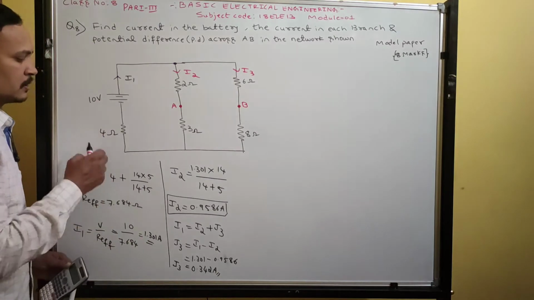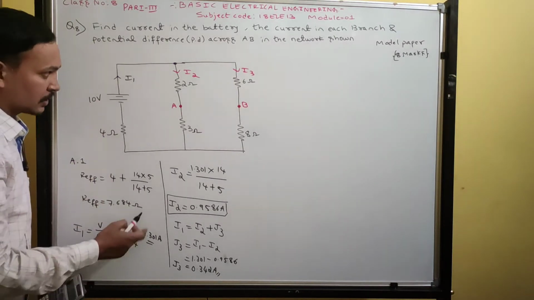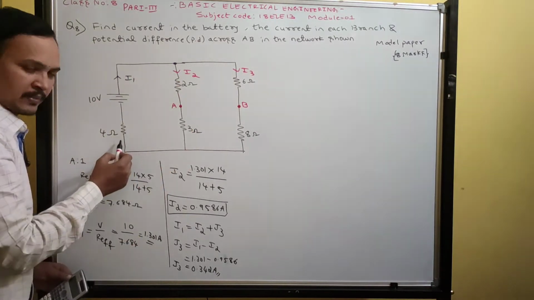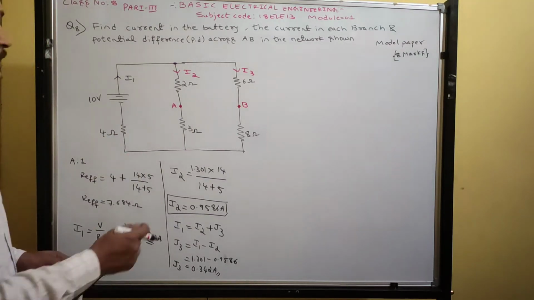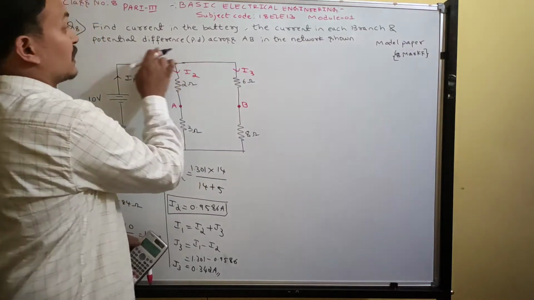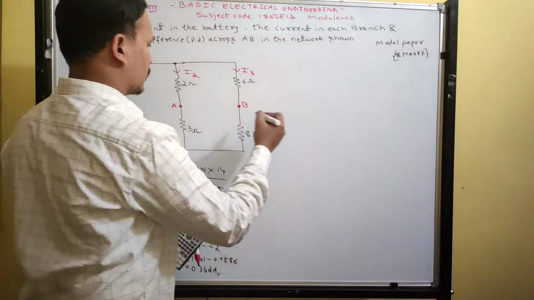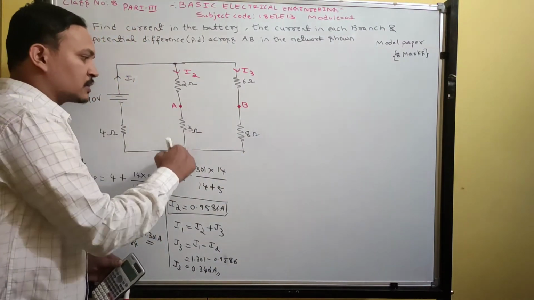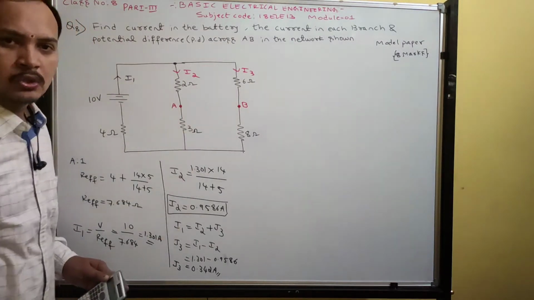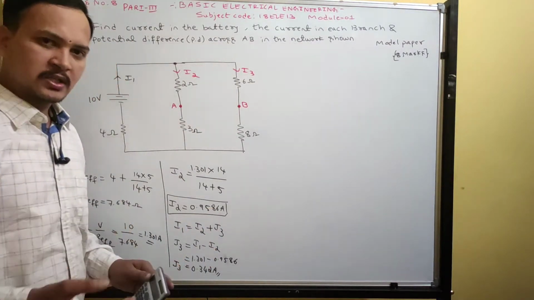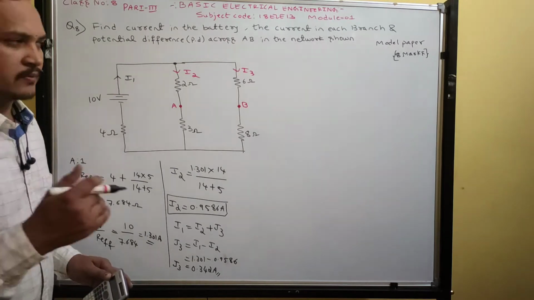1.301 amperes. And what is current in this branch? This current only. So same I1 current will come back here. Now they asked potential difference across A and B. Whenever they ask potential difference across A and B, you draw the circuit connected between these 2 points. There are so many ways. You try to write the easiest way.